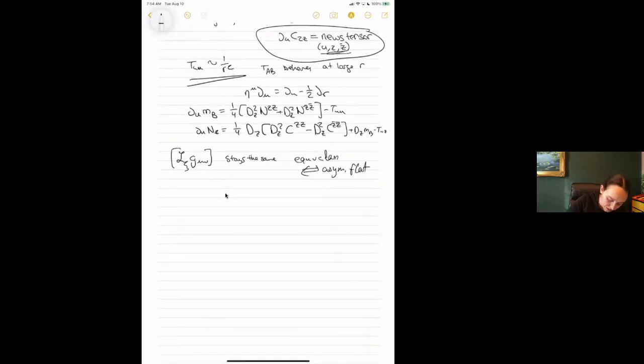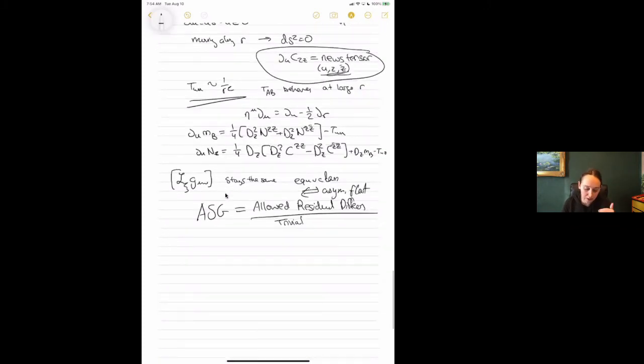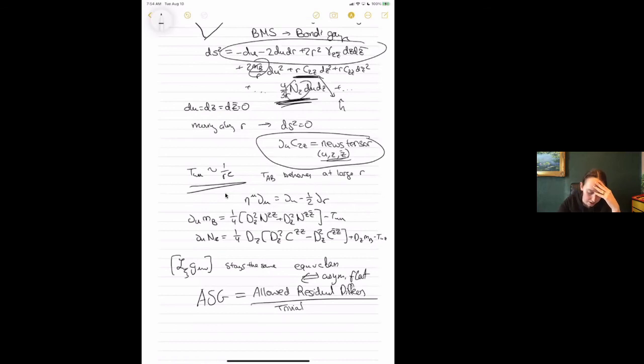So basically what I'm going to say is my asymptotic symmetry group, I'm going to define it as allowed diffeos, residual diffeos basically, mod trivial ones. So in the same way that one gets more symmetries by preserving less features, this is how that enhancement is going to happen. So what I wanted to emphasize is that it wasn't that they were looking for extra symmetries. They wanted to be able to start from this class and find Poincaré invariance.